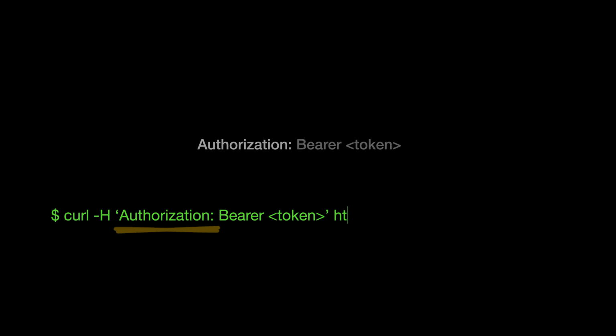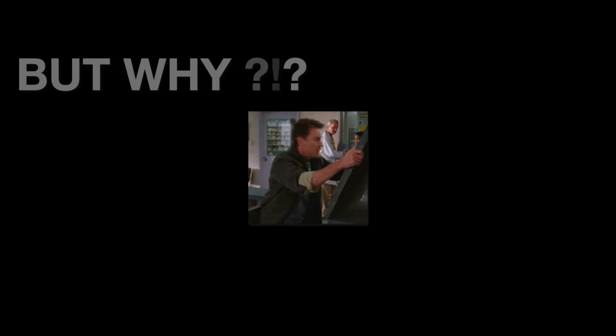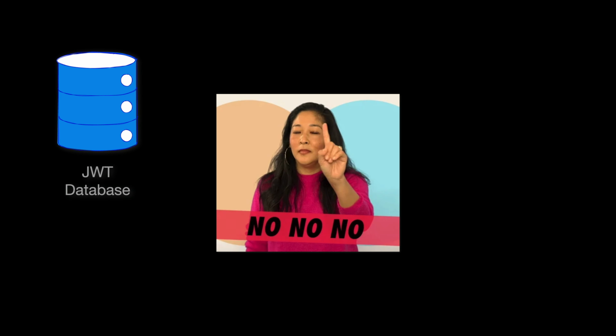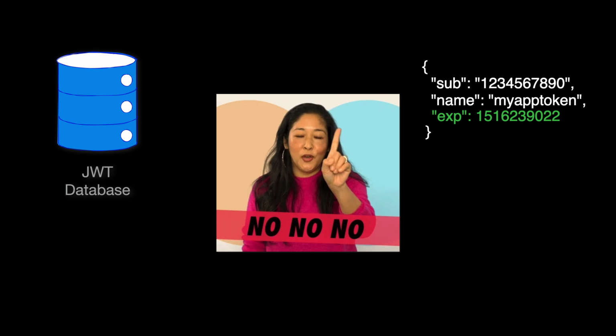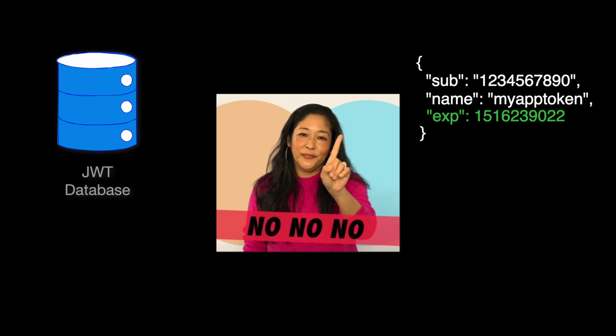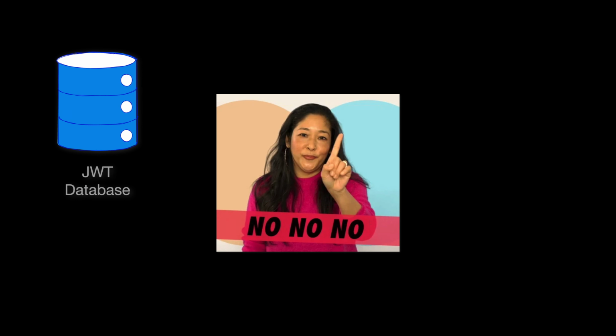And how is the client authentication done? Whenever the client wants to access a protected resource, the user agent should send the JWT, typically in the authorization HTTP header, using the bearer schema. But in the end, why should we use JSON Web Tokens? There is no need to store the JWTs in a database in order to be possible to validate them. JWTs have all the information stored inside, which includes the expiration time. The expiration time can be easily verified in the application server. After all, it is just a claim that is set in the token.